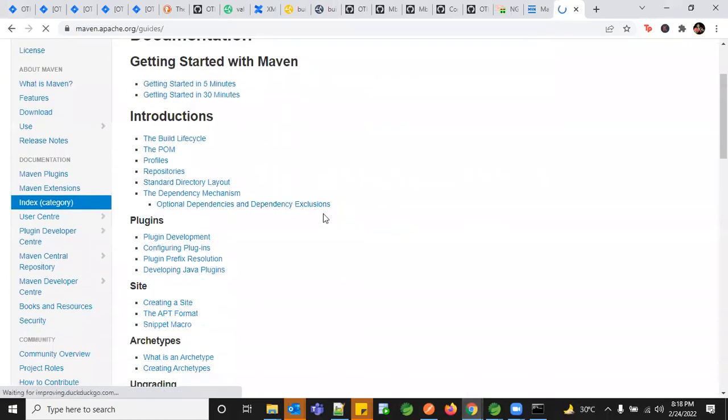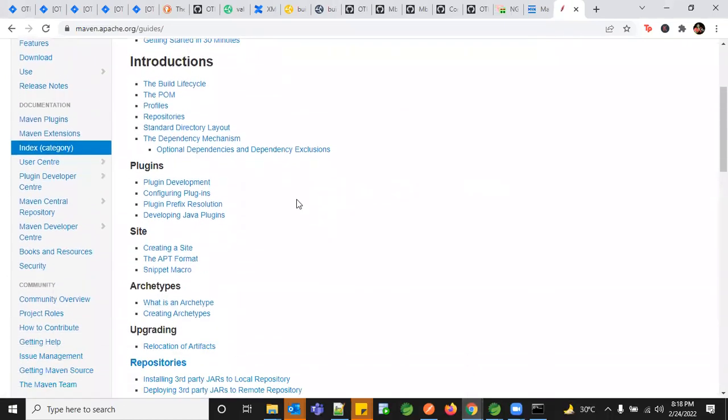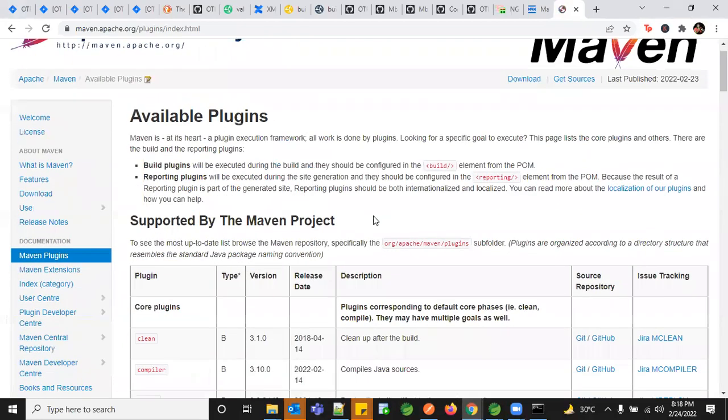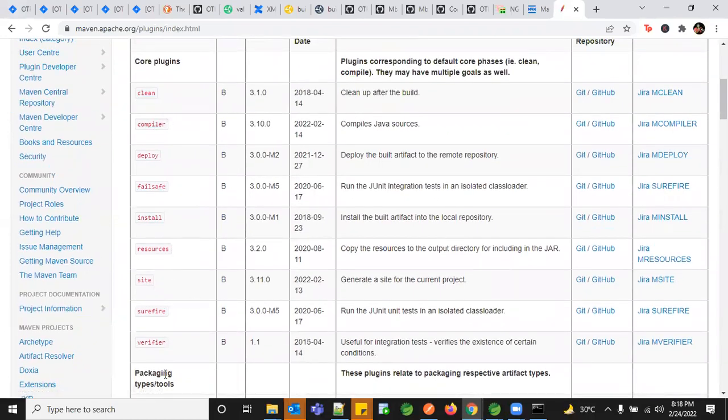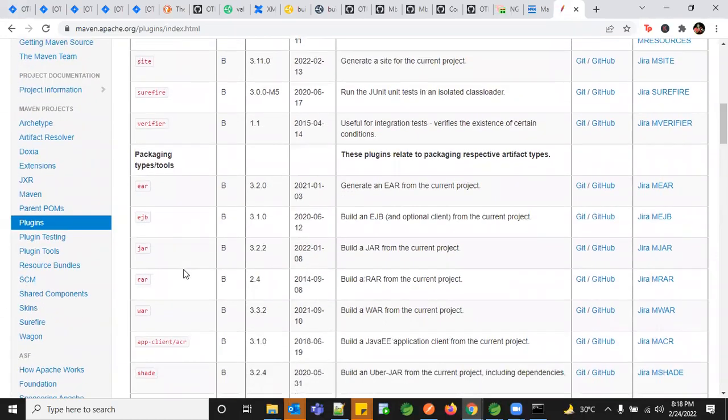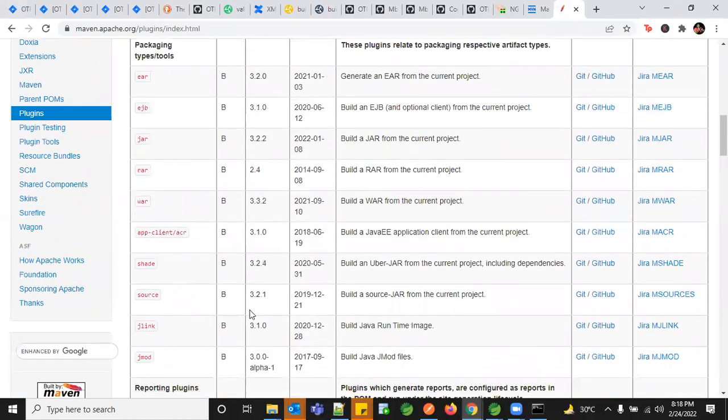The basic information, like which plugin you're going to use and what type of configuration we want to use, is all noted here. Here, under the Maven plugins, you can see the core plugins which we verified on an earlier date: the clean part, the Surefire, the deployment part, and the install method. And what are the different types of packaging currently available.